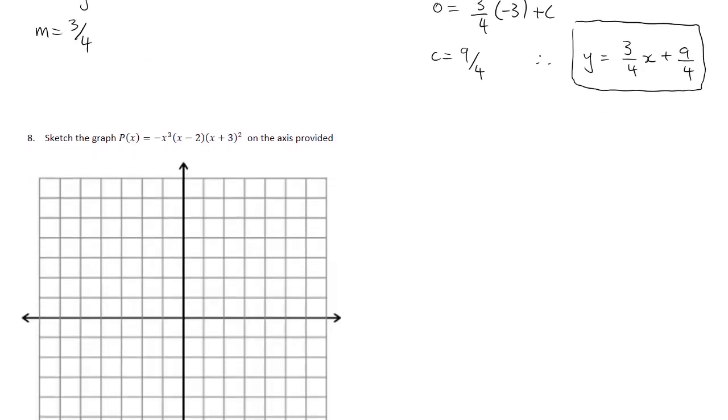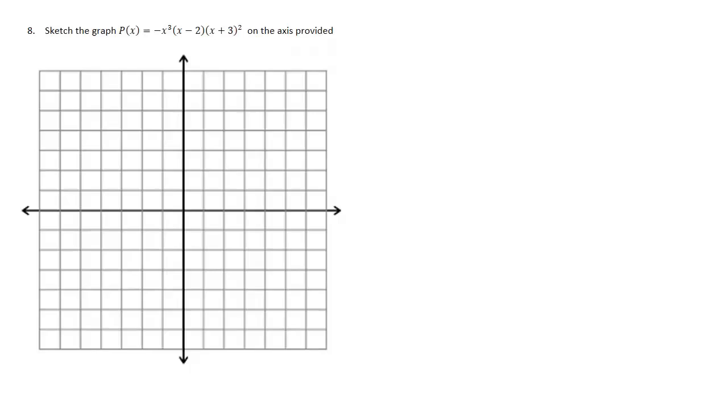Okay, so our final question of this series is to sketch the graph of this. It's already nicely factorized for us, so we need to make y equal to 0, and then we've got negative x cubed, x minus 2, x plus 3 squared is equal to 0. And when we find the solutions,